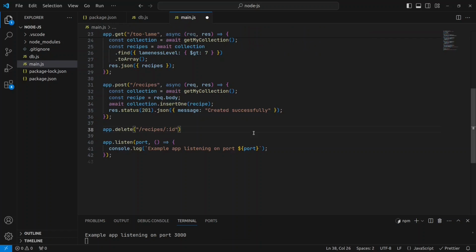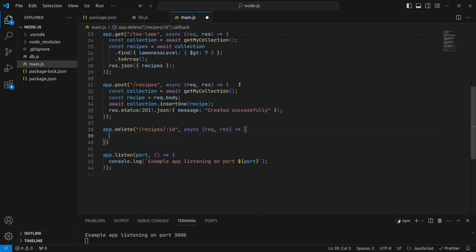In the future, maybe you will define your own ID, or you will delete based on other sort of parameters. But for now, let's just do it like this. And then I'm going to say that I want to delete when the ID is equal to this one. So